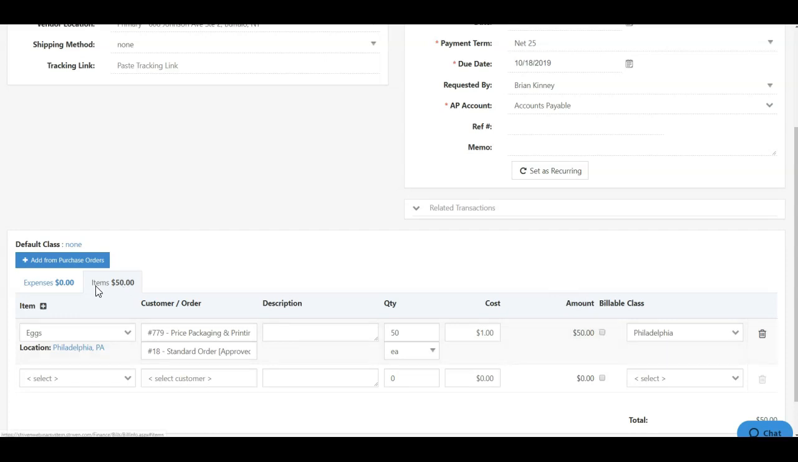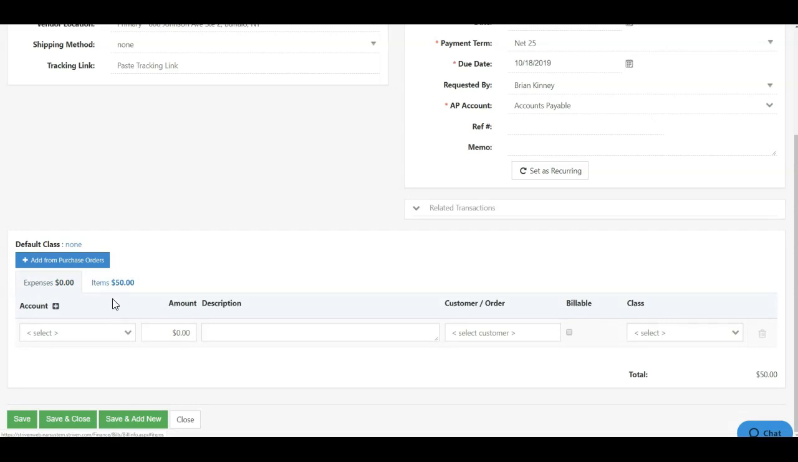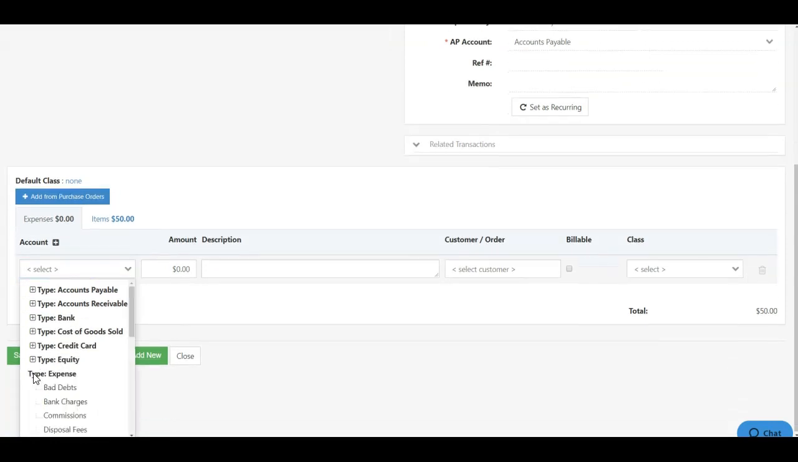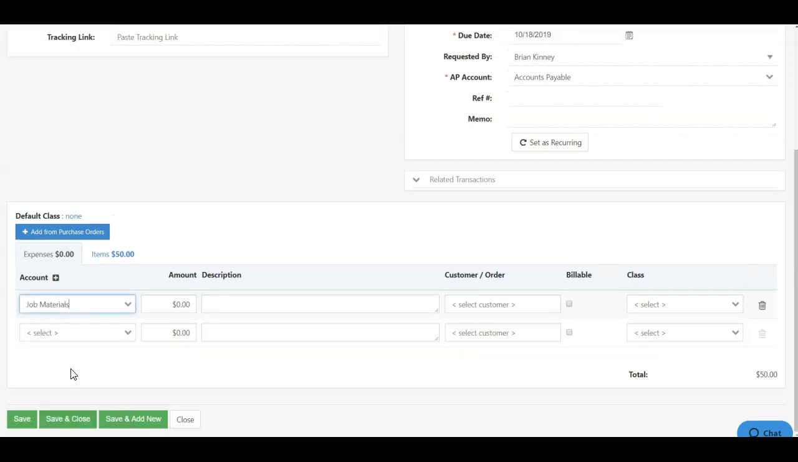The other tab you have is to the left of the items, and it's called Expenses. By clicking this, you'll see that our options have changed. With the Expenses tab, you can choose an account from your chart of accounts to reference what you're paying for, choose the amount that you've paid for the vendor,